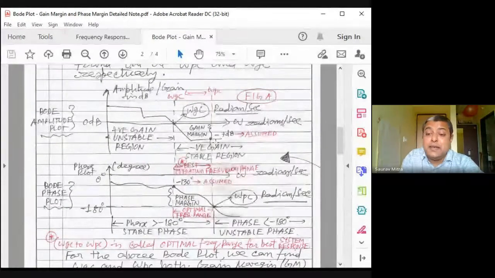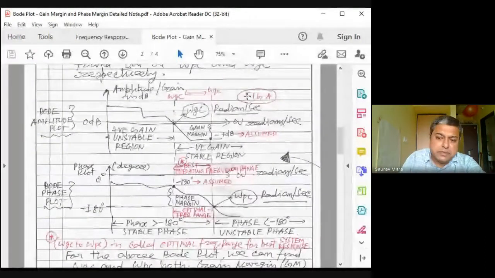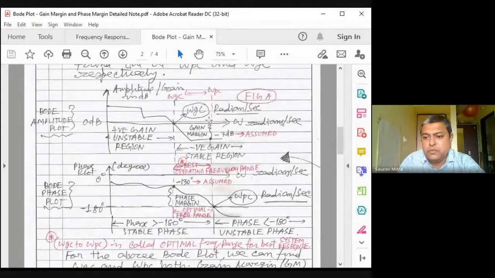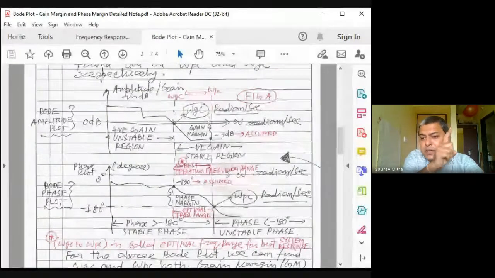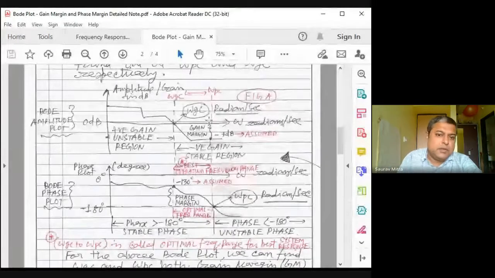Now somebody can say, sir, with respect to increase in the frequency, the GSH may again increase and again enter the unstable region. Possible. Very much possible. I'm not saying that omega GC is always one. For different systems, there may be omega GC 1, omega GC 2 or something. So complexity I can keep on increasing at your will. You also can define a GSH where it will start at unstable, then cross, come to the stable region, stay there for a certain time, and again go to instability. Possible. Nothing is impossible, but here I'm talking about a simple system.